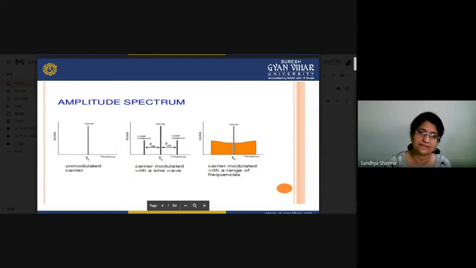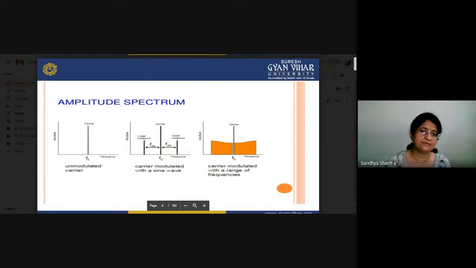When you superimpose your modulating signal on the carrier signal, what will happen here? The frequency of your modulating signal is fm, so at fm distance to the right-hand side and fm distance to the left-hand side, we will receive the sidebands. We receive two sidebands: fc plus fm, the upper sideband, and fc minus fm, the lower sideband. When we modulate our modulating signal with the carrier signal, we receive this type of spectrum. So this is the double sideband, and in this amplitude modulation system we receive the double sideband.